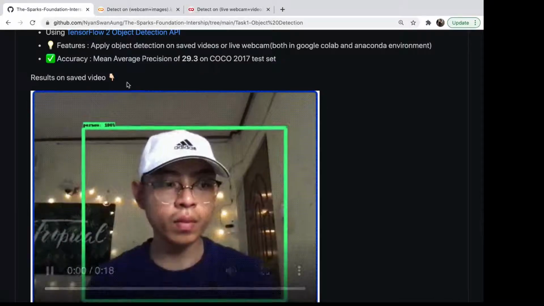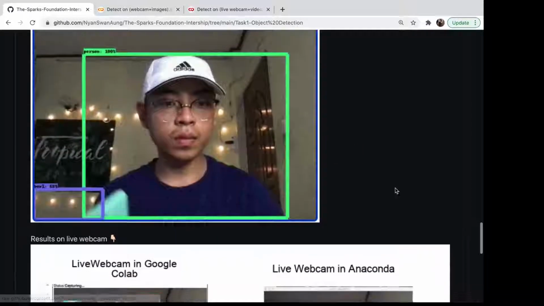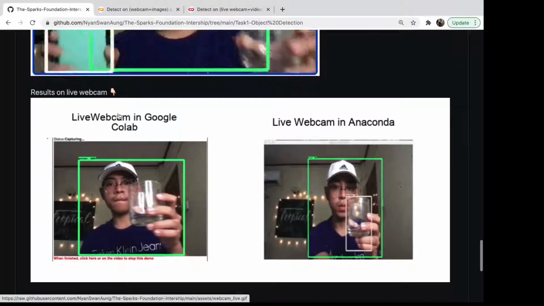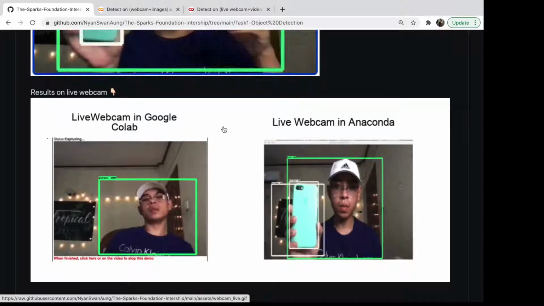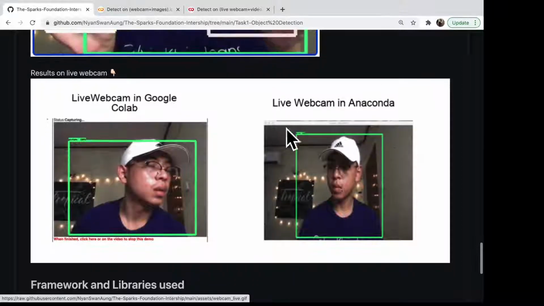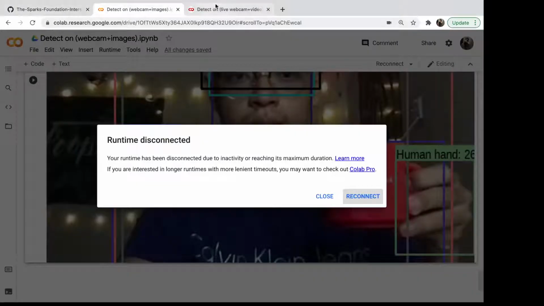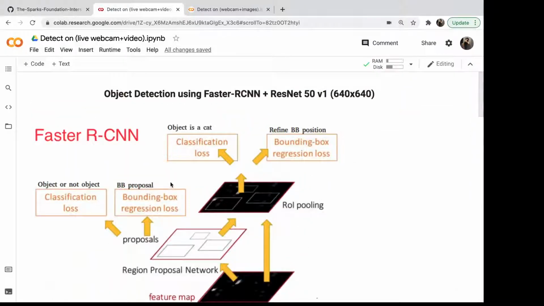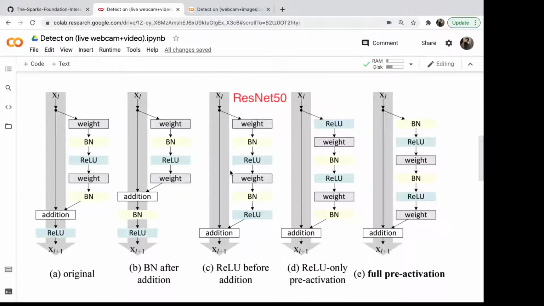These are the results on the saved video, and this is the result from live webcam, and both are a bit sluggish and quite slow. So let me quickly show you the code here. So this ResNet 50 architecture,